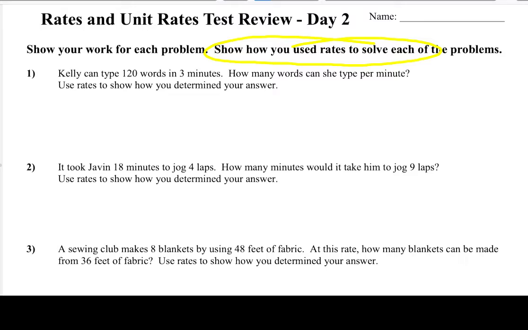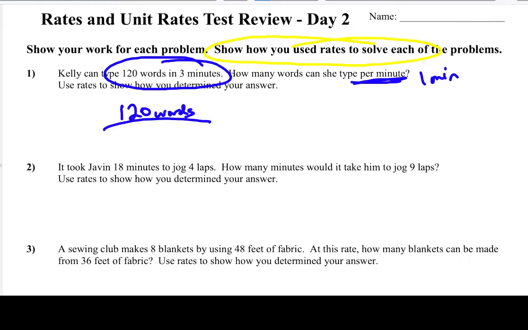So first one says, Kelly can type 120 words in 3 minutes. We want to know how many words can she type per minute. That's really code for how many can she type in 1 minute. Well, if it's one of something, that's the definition of a unit rate. So we start by writing out the rate, 120 words over 3 minutes,